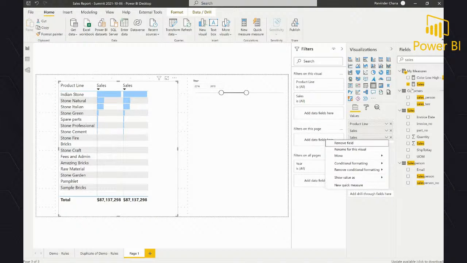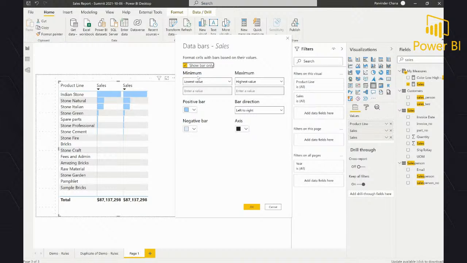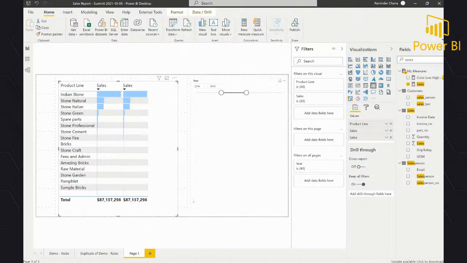I need to create another, because the same measure used in the visual takes the conditional formatting from the previous setting you have done on this. So if I need the sales shown as a number, one way is I can go back to my data bars, uncheck that and show bars only.